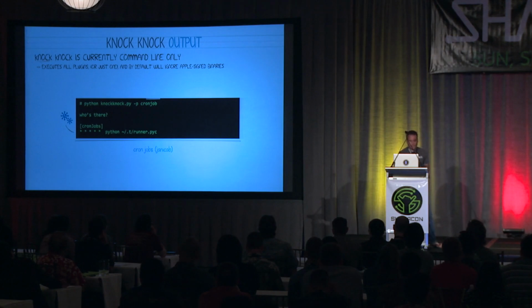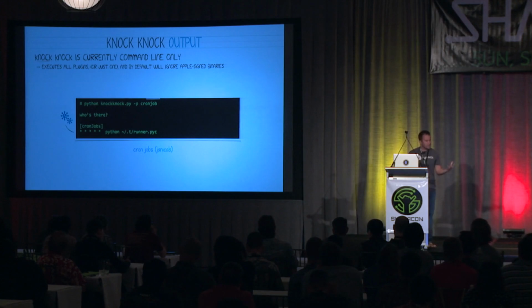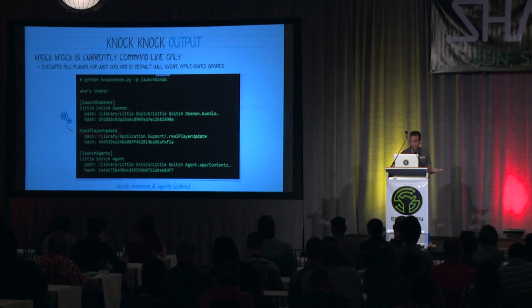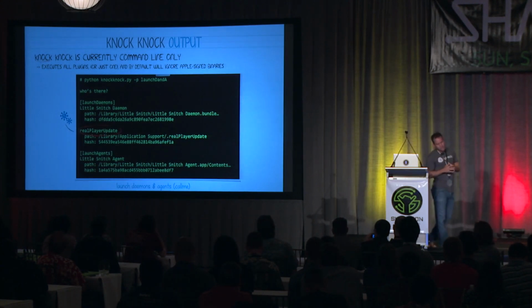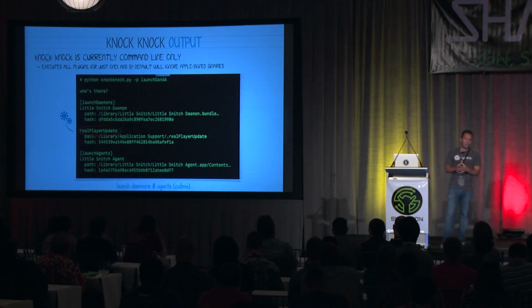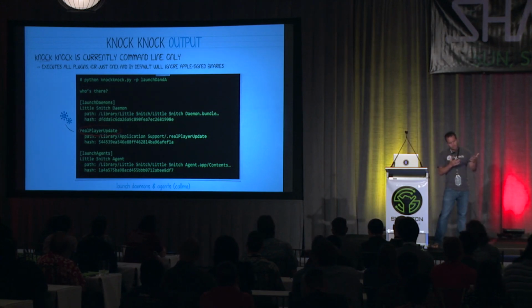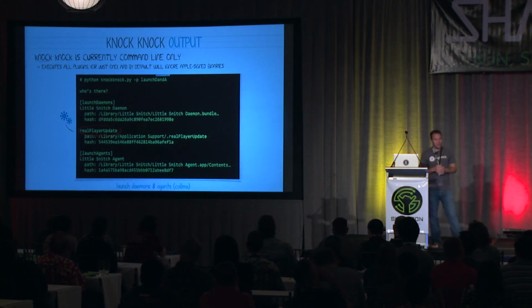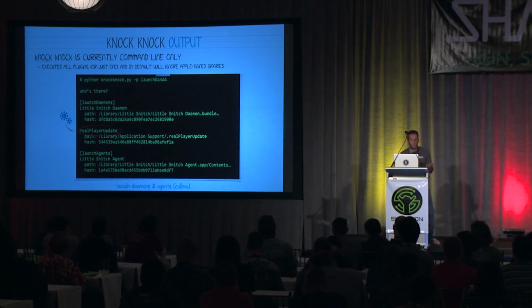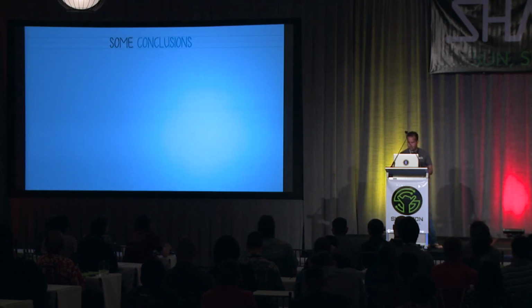So here is Knock Knock listing cron jobs. And we can see there's a cron job that's set to execute every minute. In this case, this is JannyCab. We can also list launch daemons and agents, which on this VM reveal the Call Me implant. As I mentioned, it does list legitimate binaries as well. So I have Little Snitch installed, which is a software-based firewall, so you can see the Little Snitch daemon and the agent as well. But then in the middle, there's this RealPlayer update, which looks shady if you don't have RealPlayer installed. And yeah, like I said, it turns out to be an implant.